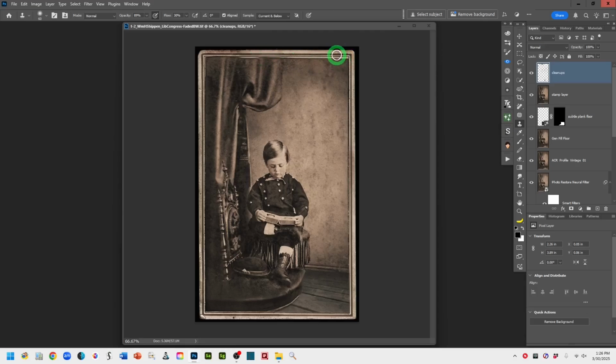So okay, I used the right bracket key to make that source bigger. And then to capture the source, you press Alt or Option, left click, and then release both. Then you come over and you start just painting. And if you watch where I originally sourced, you'll see a little plus sign. So it's painting from there. And I just do very short strokes. And what will happen is that source will follow as I pull left. So be sure you're far enough away from where you want to fix,